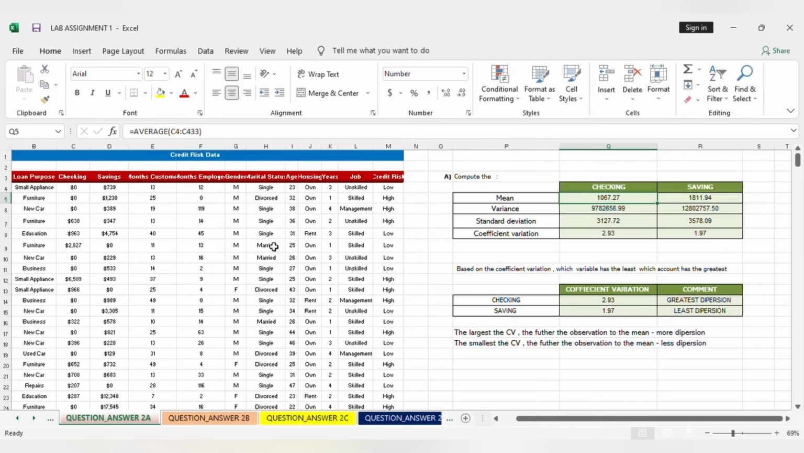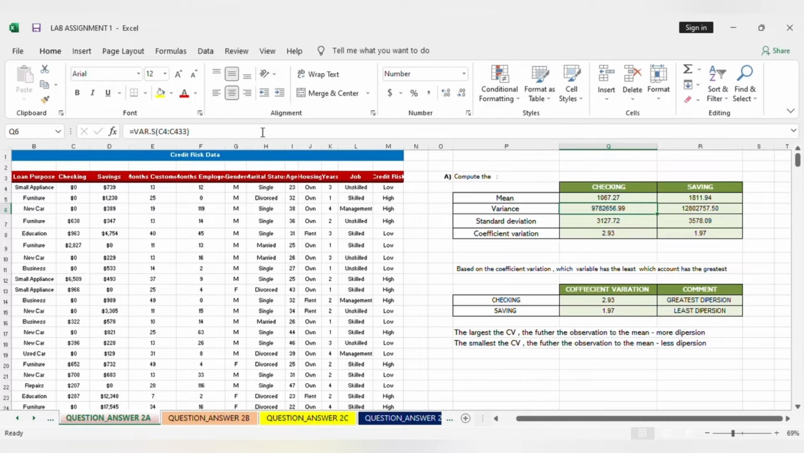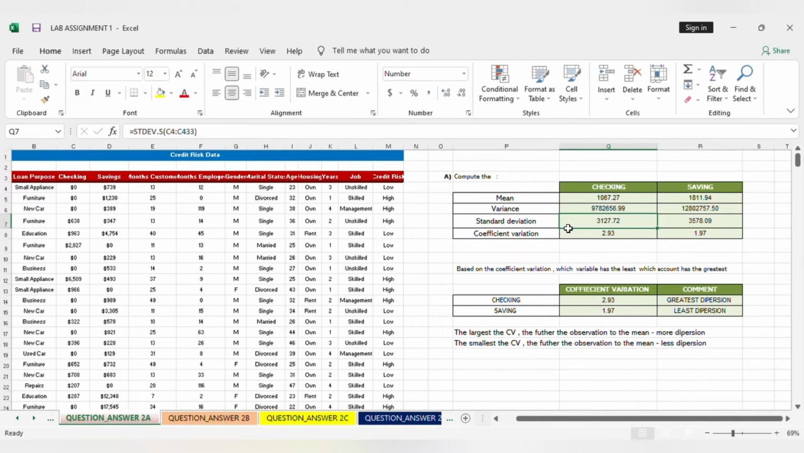After that, question 2A for the checking. For the mean the formula is AVERAGE and then select all the checking data, and then for the variance the formula is VAR.S and then select all the checking data, and then for the standard deviation the formula is STDEV.S and then select all the checking data, and then for the coefficient of variation the formula is standard deviation divided by